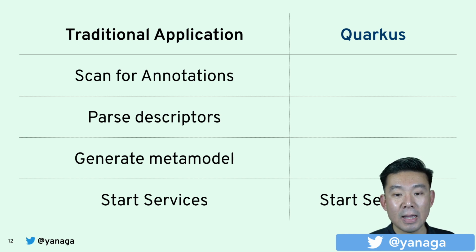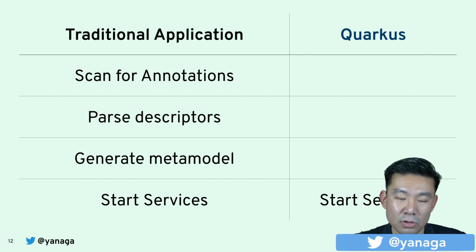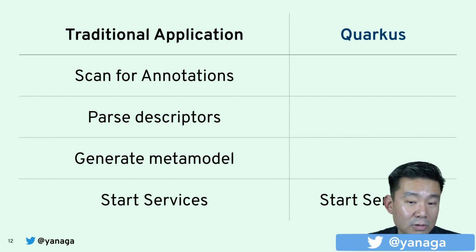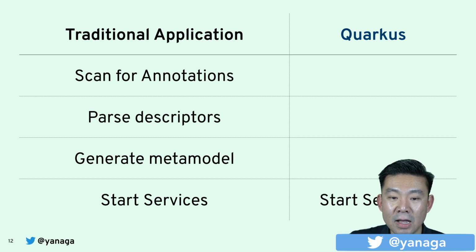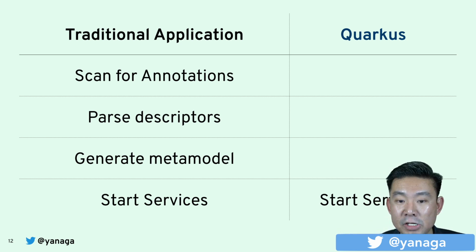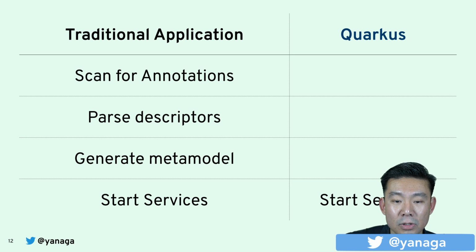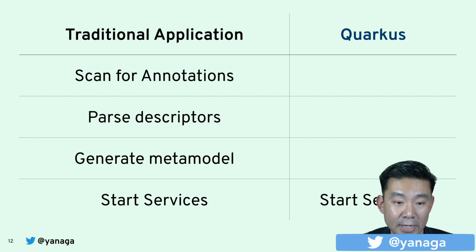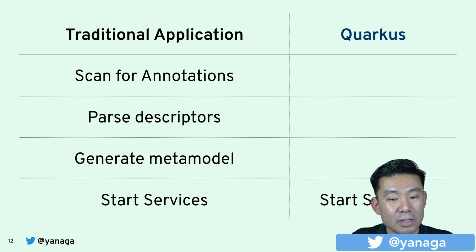And why is Quarkus so small in production? Because if you're scanning for annotations, you have to load the classes to do annotation scanning. If you're looking for XML files, well, you have to load the XML classes. Properties files, you have to load the properties file. And even though your application might never process XML in production, those classes are going to stay in memory until you stop your application, because they're required at build time, even though they're never used at runtime.